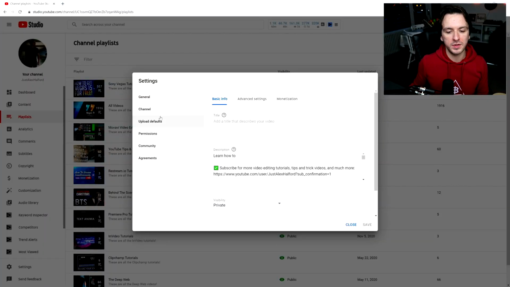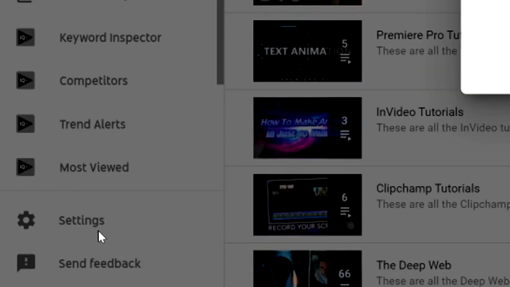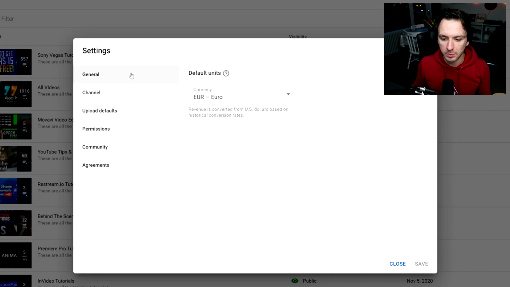So if you go to the settings tab in your playlist or dashboard or content, or basically any dashboard that you're on YouTube, any version or any page, for example analytics, you will always see this settings button at the very bottom. So if you're going to click on there, we will see the general tab, of course, channel, and you want to go to upload defaults, and that basically means that anytime you're going to upload a video, you will basically get to see a template that you have to fill in and that you have to customize depending